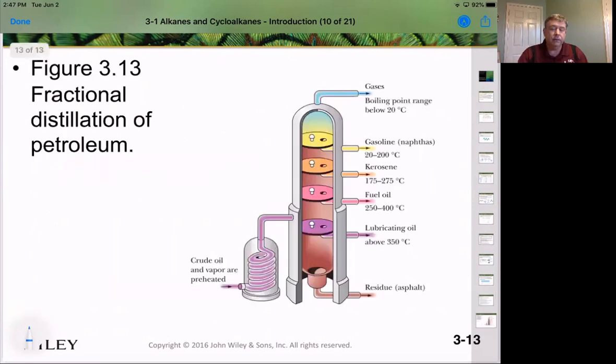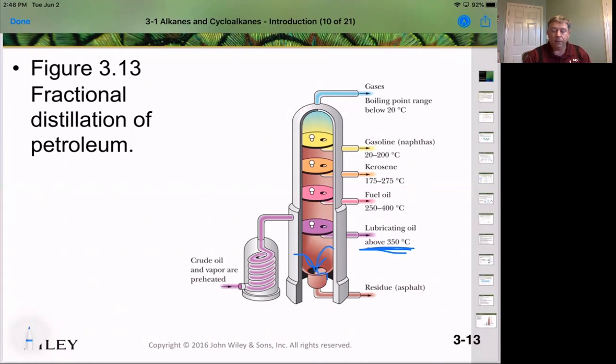One of the cool ways in which these things are isolated is you take crude oil, put it in a steam boiler, and heat it up. If you do this in the absence of oxygen, they will not burn. By going up the tower, it gets cooler and cooler, and different things distill at different times. If you inject something into the middle, the parts that boil at a certain level, for example here, things that boil at 350, the things that boil above that are down below here and are residues, and they don't continue up